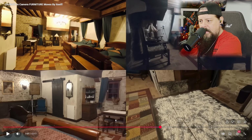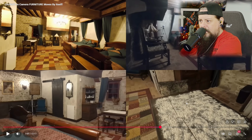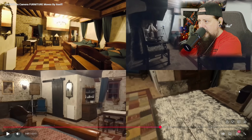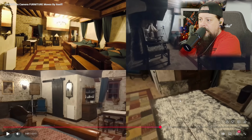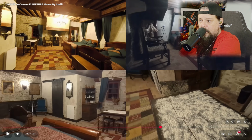This could just be artifacting, but the table seems to lift or bend there. It's all going out of shot there, all wobbling. Yet this fireplace area... Yeah, look at that. A lot of movement there, yet nothing shifts up there. So there's some things to look at. Maybe it's just the focal point of the camera. But to analyse this, as all four screens, the same thing happening at the same time,